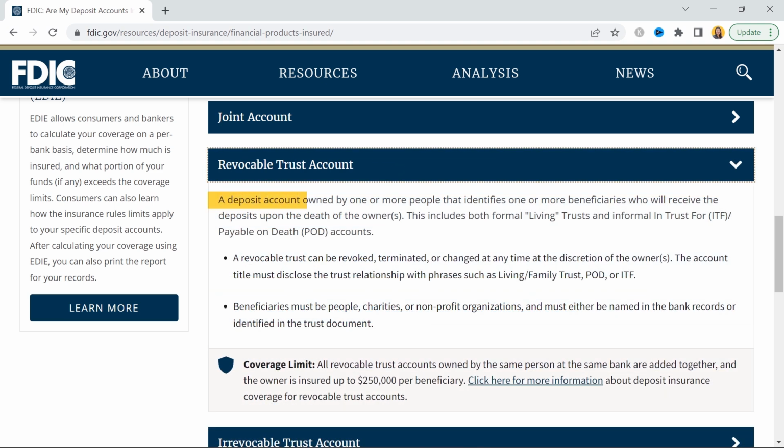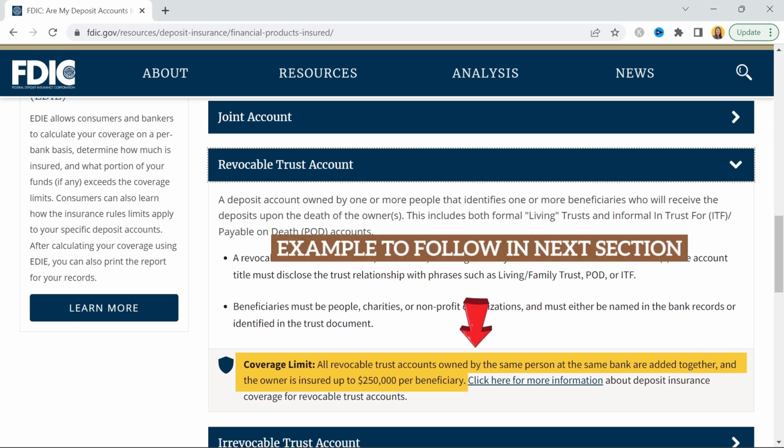A deposit account owned by one or more people that identifies one or more beneficiaries who will receive deposits upon the death of the owner or owners. This includes both formal living trusts and informal in trust for (ITF) or payable upon death (POD) accounts. All revocable trust accounts owned by the same person at the same bank are added together, and the owner is insured up to